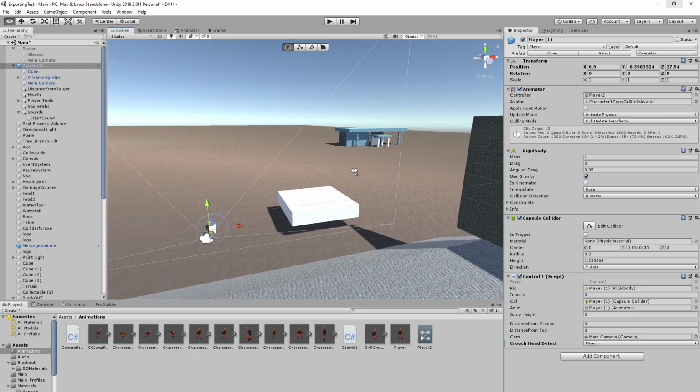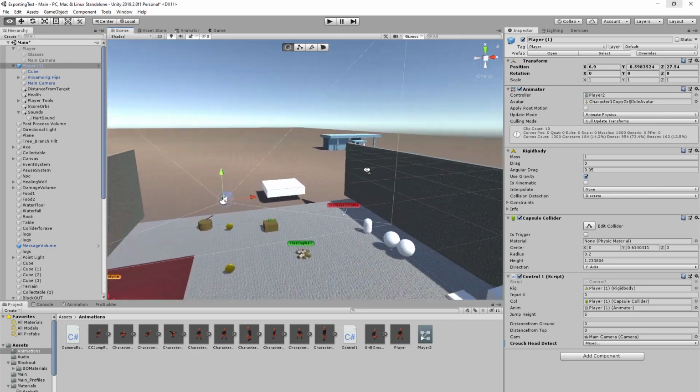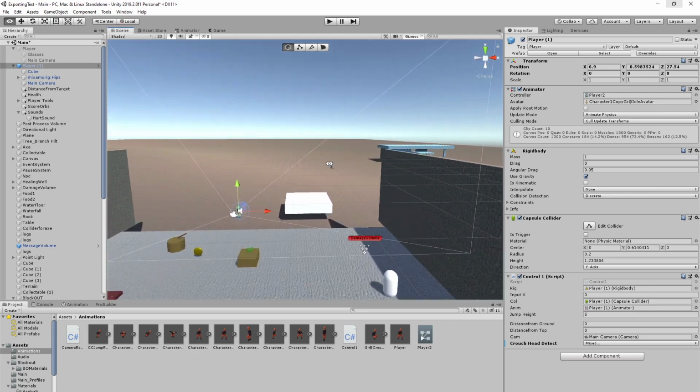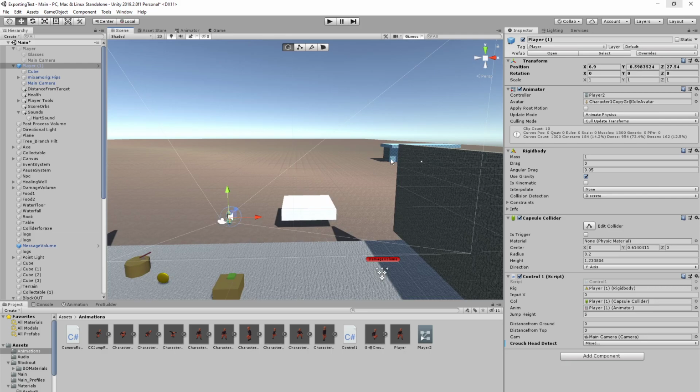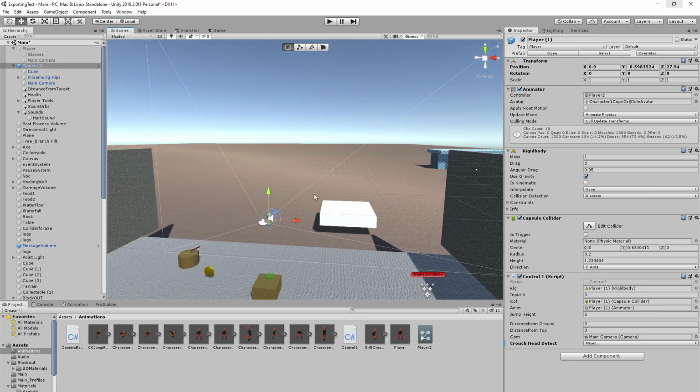So far I plan to create an adventure type game where the player is exploring a not open world but close to open world. There's going to be rooms everywhere,